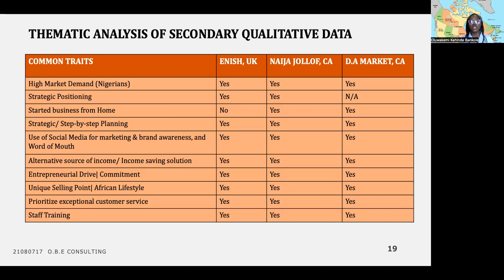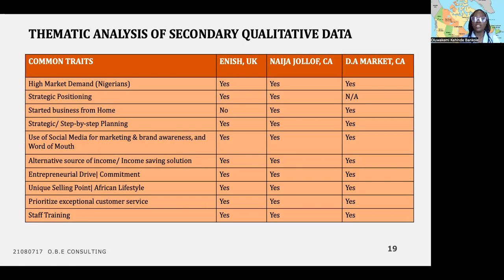These traits include strategic positioning in a place of market demand concentration, that is, setting up the business in a place where there are a lot of Nigerians, using social media for marketing and increasing their brand awareness, having alternative sources of income, especially in the initial stages of the business, or having a solution that helps to save income significantly,